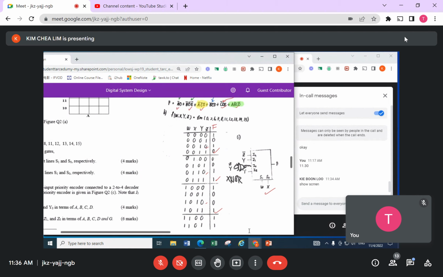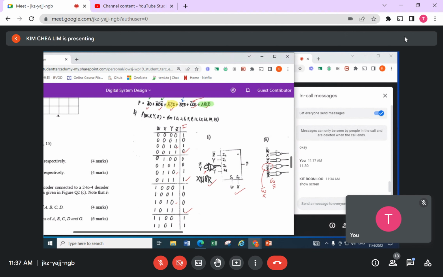So with that, we use W and X here as our selector input. And this is my XNOR gate. I confirm that this is correct, and I checked already. So WX is a little easier. For those who are still a little bit blur about how I got these expressions here for the case of W,